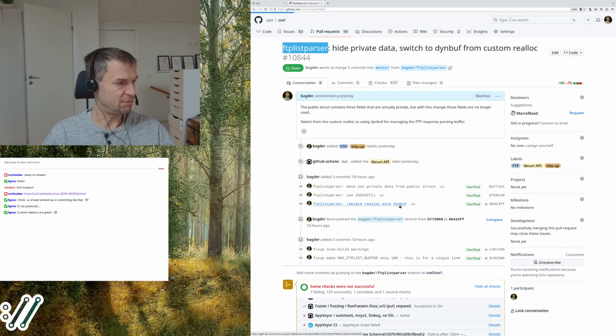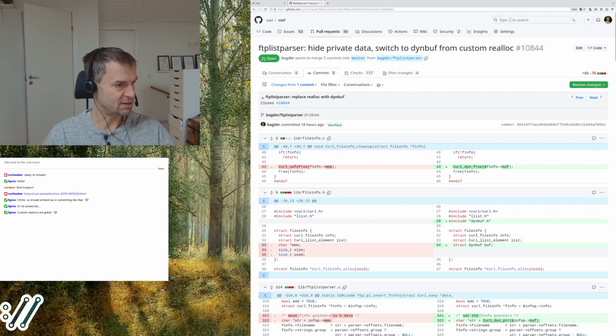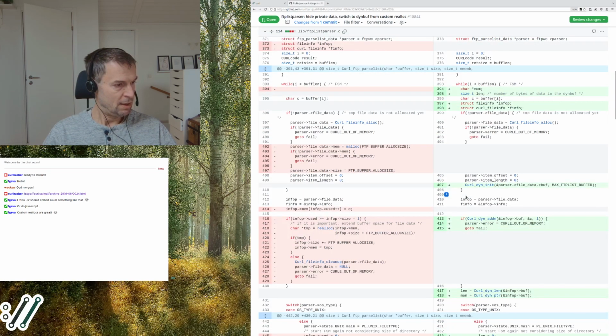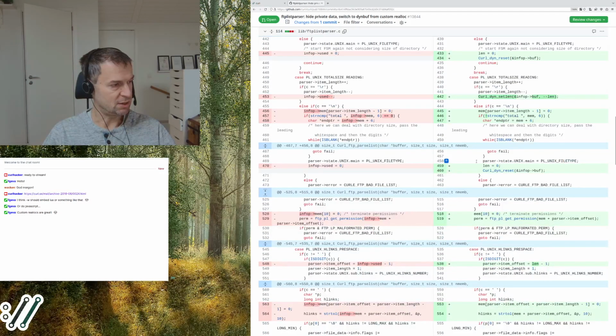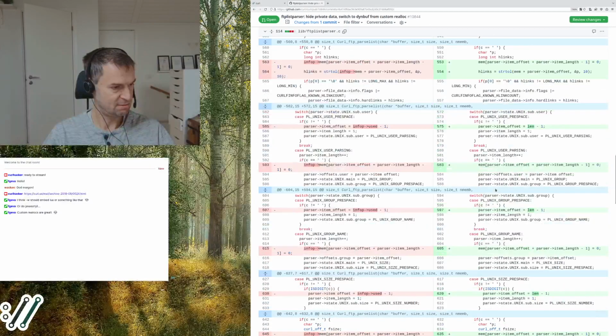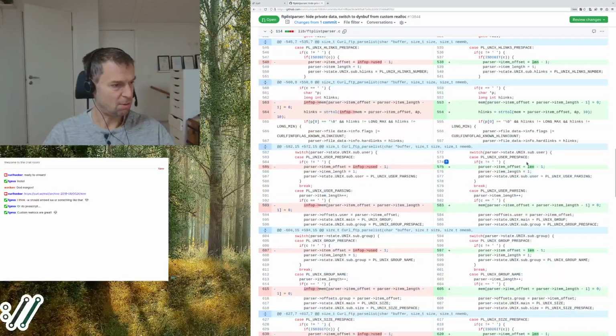If you just look at that particular change, it looks like this. Instead of this malloc and then realloc down here, we just add stuff to the dynbuf instead, and of course handle errors. Then I had to map all of that to the new setup.